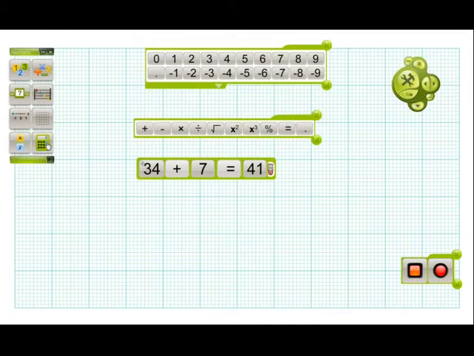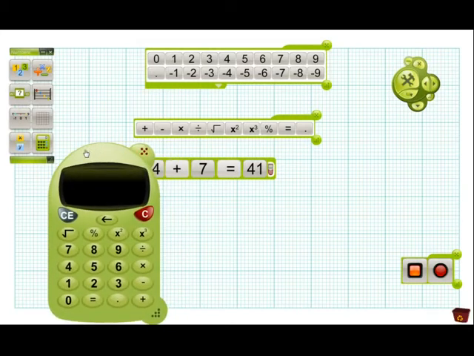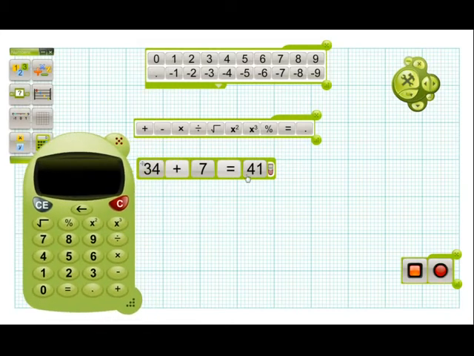Now I will pull out my simple basic calculator, and I can pull out the 41 and drop this into the calculator and it will populate. So all the tools are very intuitive and they will work together. And on here, maybe create a calculation